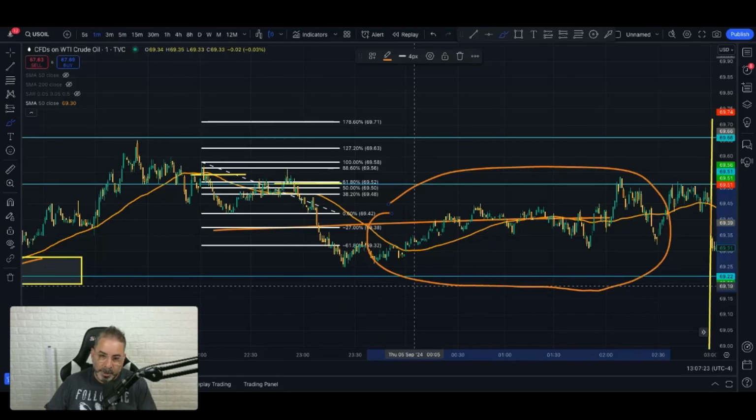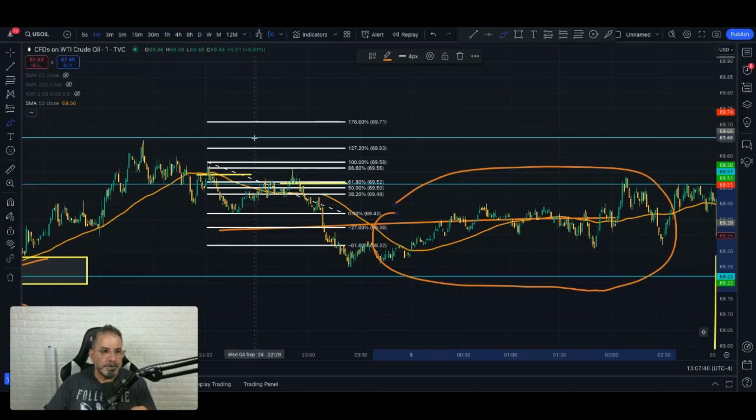But you can't just jump in there. You got to have a plan off the support and resistance. You got to make sure you follow the rules. Are you under or below the 50-day moving average? Use Fibonacci. And when you see that the price action fails to close above that 88 or below that 88, that's your entry with a very tight stop loss.